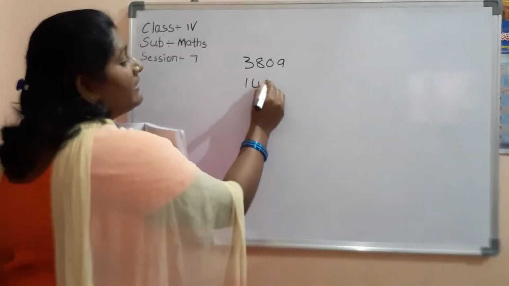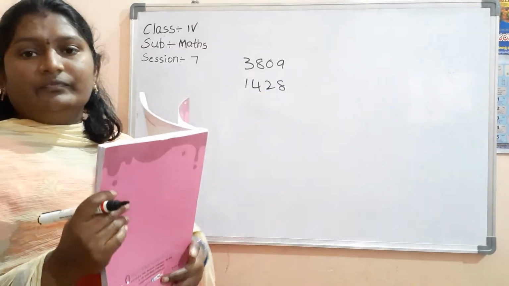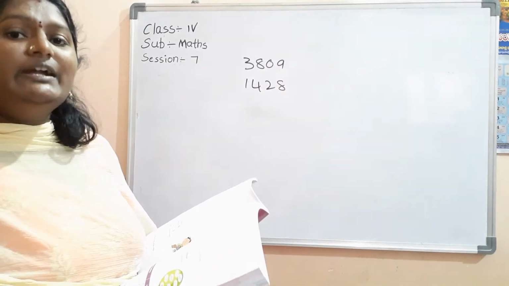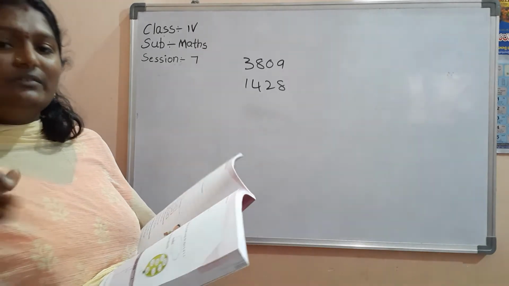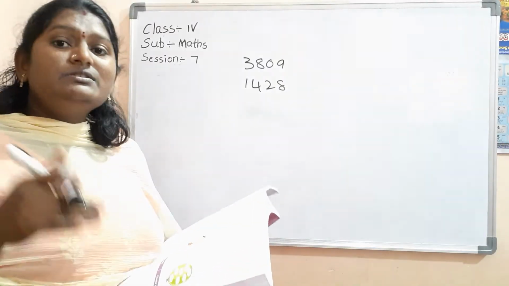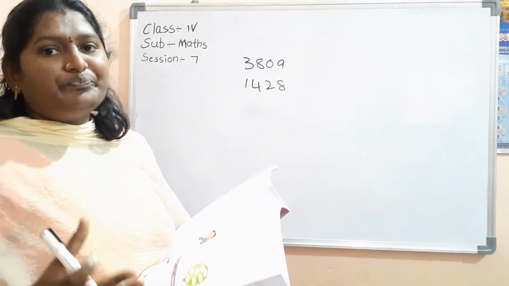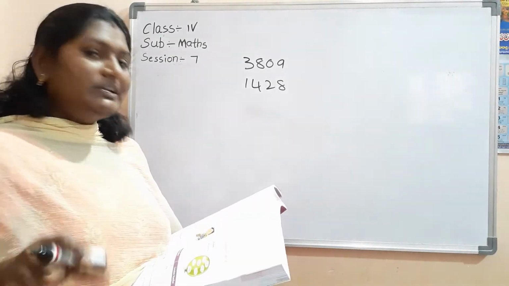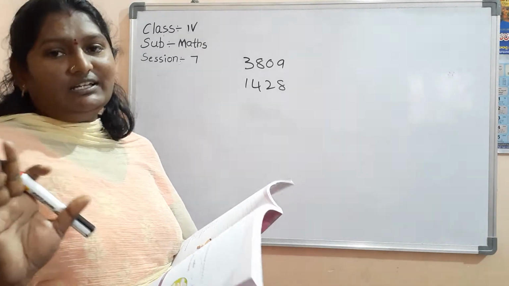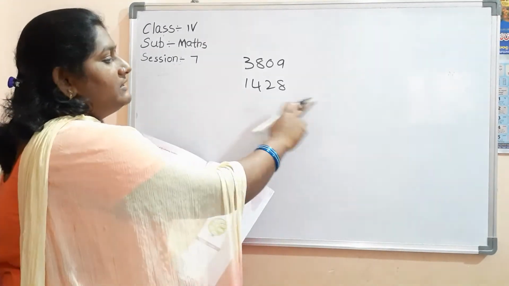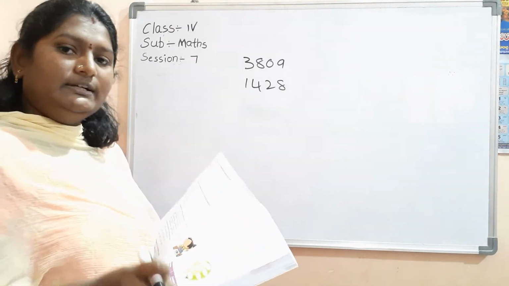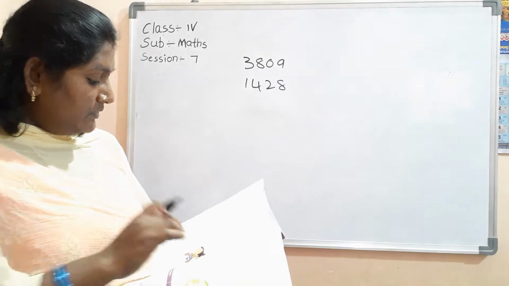1429, predecessor is 1428. Okay? They have given confusing numbers, because they have given edge numbers, end of the numbers. Why? Because they want you to be confused. Before or after, which one? You might think to write 30, but it is 28. Okay, na? That's why think and write. Listen carefully. So C.